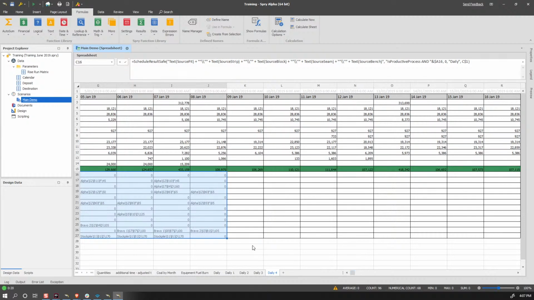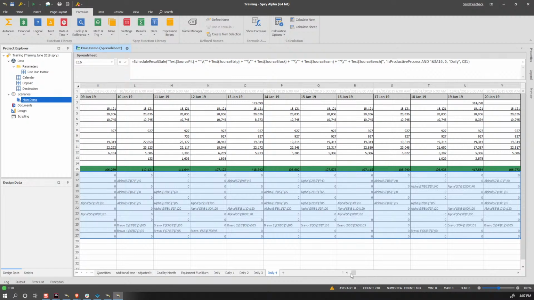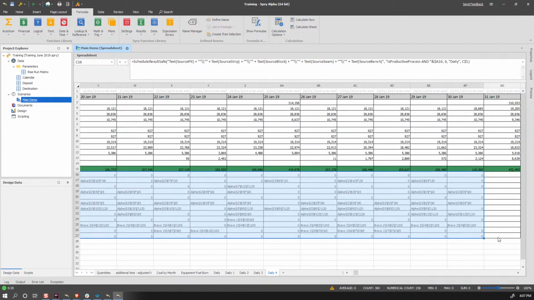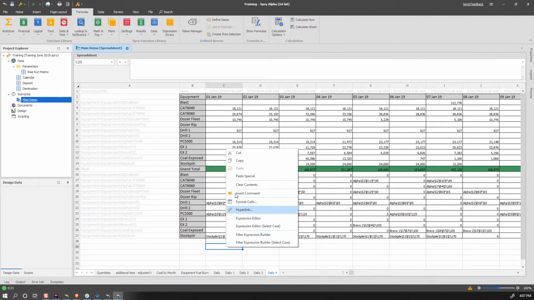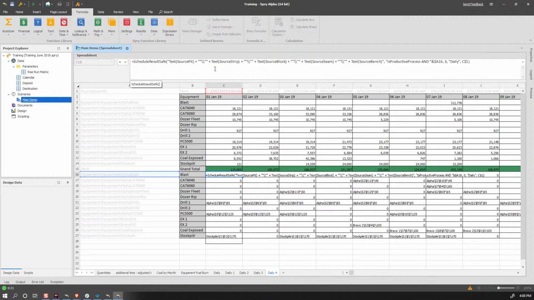Now it's already showing us some areas, but I want to talk briefly about when it might have an issue. It's going to work most of the time, and in all of these tasks, it's basically only working one task in that given time. But I want to talk about where it's possible that it's actually landing on more than one task. Right now I'm using pit, strip, block, seam, and bench. What I want to do is add an additional function called ScheduleFirst or ScheduleLast. So in the expression editor, where you've got text SourcePit, text SourceStrip, what I'm going to do instead is put a ScheduleFirst